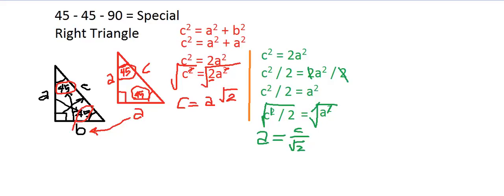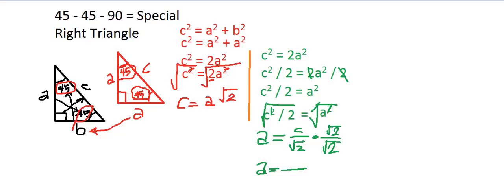Now since your denominator has a radical, we will rationalize the denominator. So we'll multiply each term by the square root of 2. So c will be multiplied by the square root of 2, and of course the denominator, square root of 2, will be multiplied by itself. That is the square root of 2. Okay, I could hardly write here. There you go. So then a is equal to,